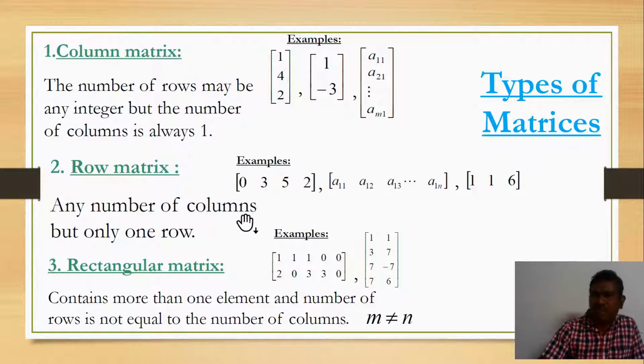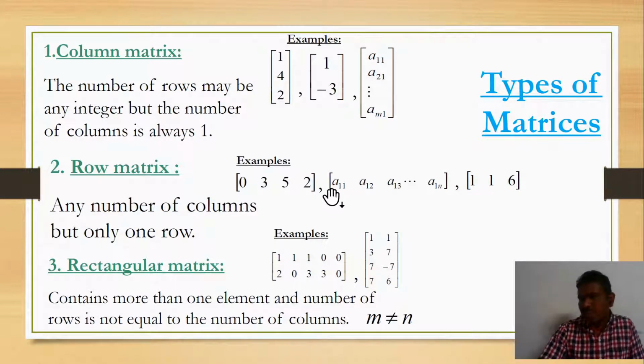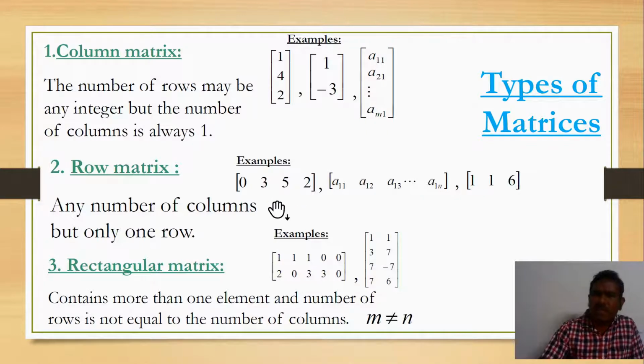See students, this is one column, second column, third column, fourth column like this, but your row is only one. Here also we have defined up to n. Like this you can see this is only one row, but we have n columns. Here see, 1, 2, 3 columns. From all these you need to understand that there can be any number of columns but only one row.